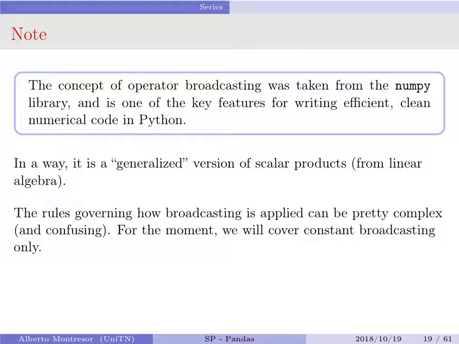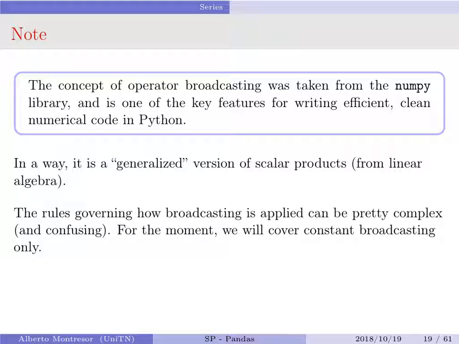So the concept of operator broadcasting is taken from NumPy, which we are going to see next lecture, and it's a generalized version of scalar products from linear algebra. The rules on how to apply broadcasting could be quite complex, so you can read the documentation and you see that there are a lot of possibilities.